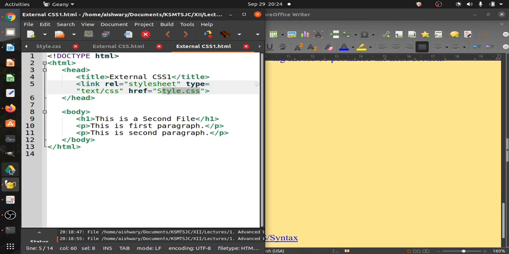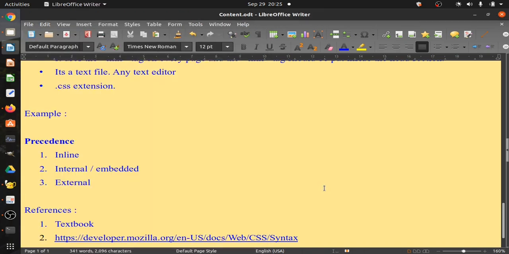The precedence is basically, as can be seen here, whatever is defined in inline CSS has the highest precedence, followed by the internal, and last is external.